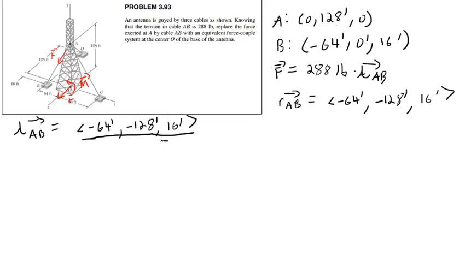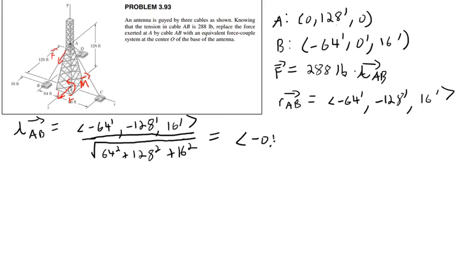All of this divided by the magnitude, which is 64 squared plus 128 squared plus 16 squared. And then let me throw that in a calculator. Do that really quickly. Negative 64, comma, negative 128, comma, 16, divided by the square root of 64 squared plus 128 squared plus 16 squared. And I get a unit vector of